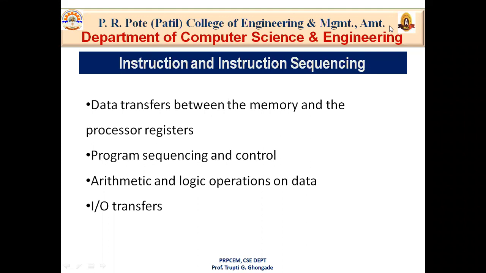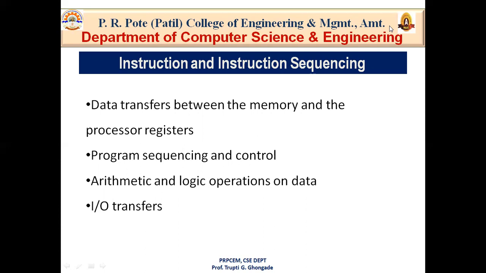In the previous lecture, I already discussed what is word addressability and byte addressability and different types of byte addressing techniques. So in this lecture, we will discuss how the instructions in programs are executed one after another and how the processor executes this. So basically, what happens when we are executing an instruction? There are some operations which we have to perform. What are these operations?